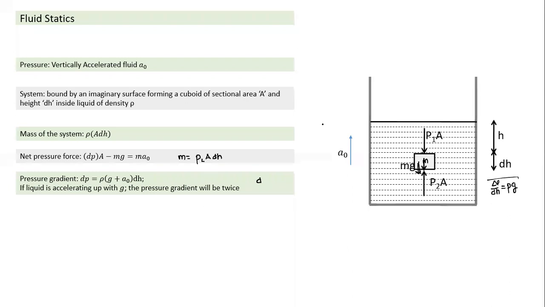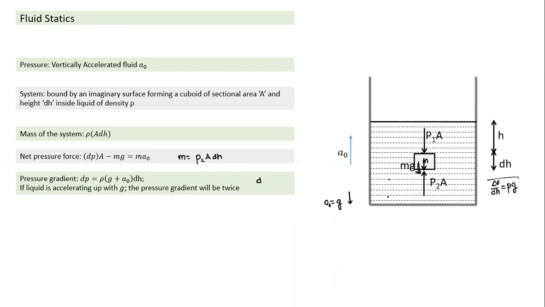So what we understand is, if the liquid is accelerating with an acceleration of g in the upward direction, the pressure gradient will be twice. For the same depth, earlier, what was the increase in pressure? Now the pressure increase for the same depth will become twice as much. In a similar way, if the liquid is accelerating downwards with an acceleration of g, there will not be any pressure gradient. All points will have the same pressure. So if a naught is in the downward direction